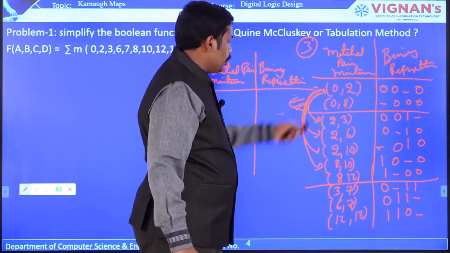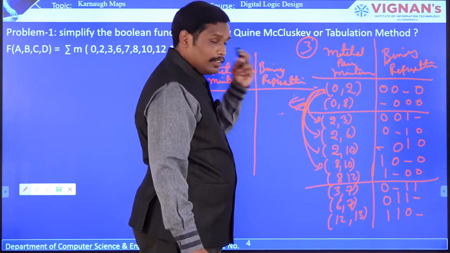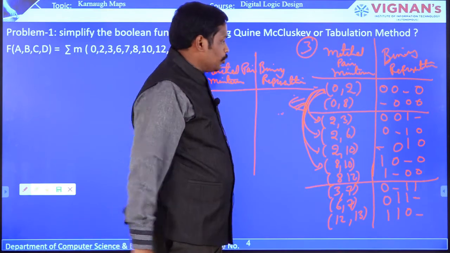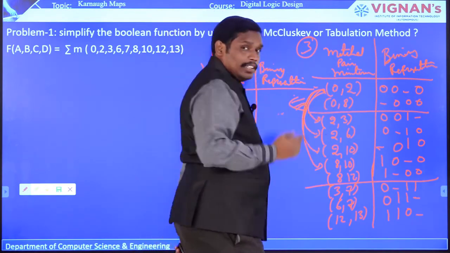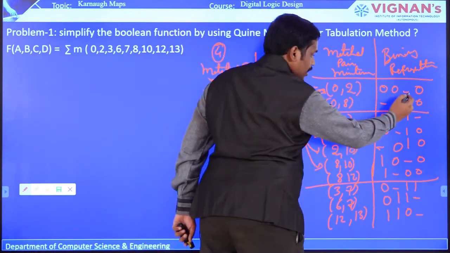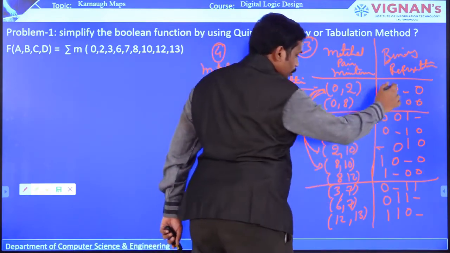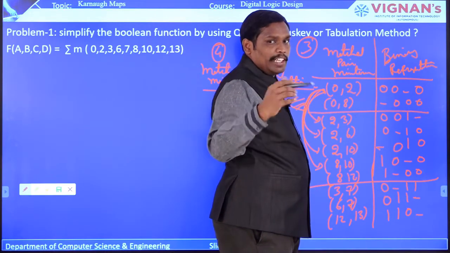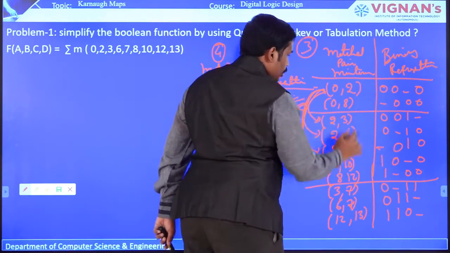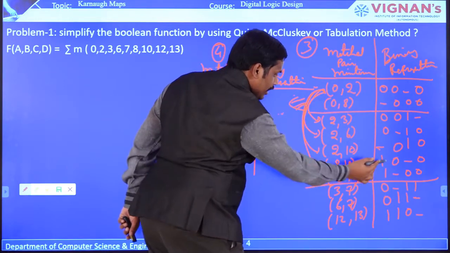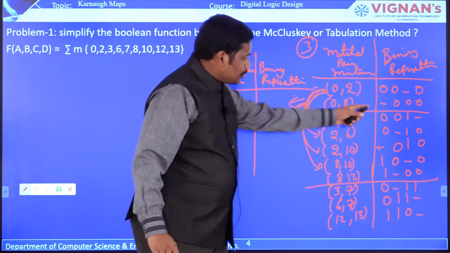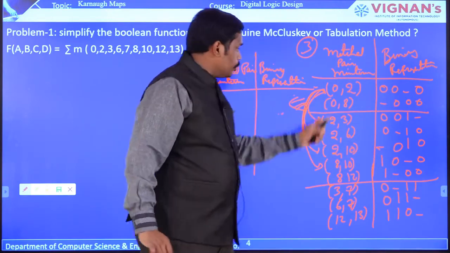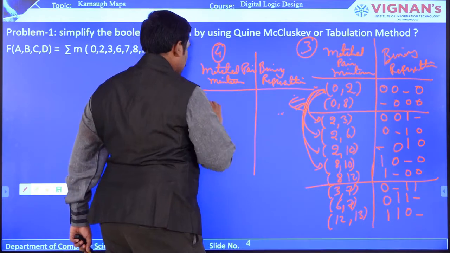Okay, so now we see 0,2 can have a relation with the next successive group. So 0,2 is 0 0 underscore 0. It is better if you start comparing the two successive groups by the underscore. The underscore is in the third position, so that particular third position you check. It is better because you can find a match only if one bit position differs. But here with the underscore, there is a possibility that 0,2 can have a relation with 8,10. Other possibilities are not available, because the third bit is underscore and the third bit you have to check. So 0,2 and 8,10 can have a possibility.